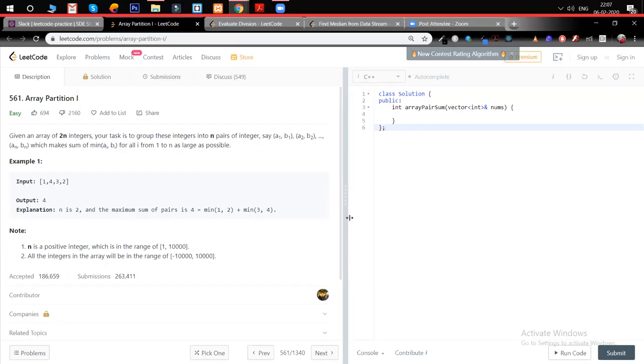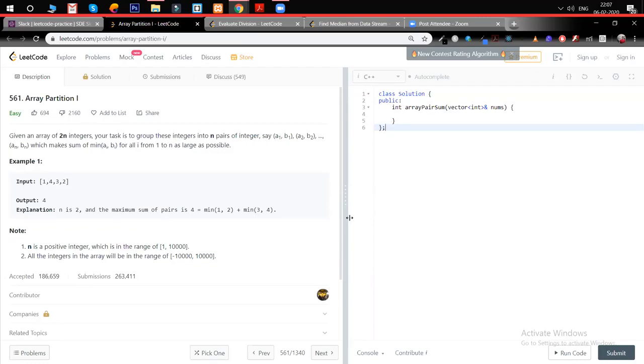And the minimum of them would be the alternate numbers only, like 1, 3, 5, 7. Yeah, exactly. So I did somewhat like that only.